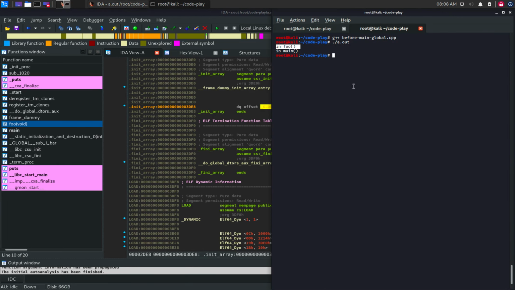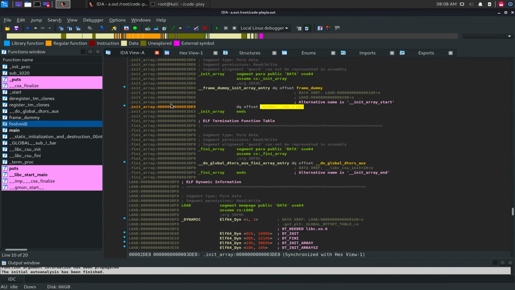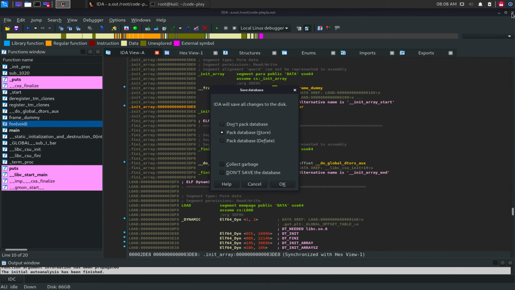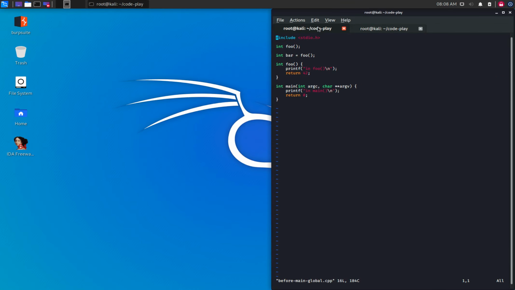We can use the objdump tool to view all the sections of the compiled ELF binary and get the location of the init array. From here, we could automate the detection of any initializers hidden here. Alright, the address ending in 3DE0 matches the IDA Pro output. We have a pointer to one initializer defined here. I think this is an interesting technique. Let's move on and have a look at another similar trick.